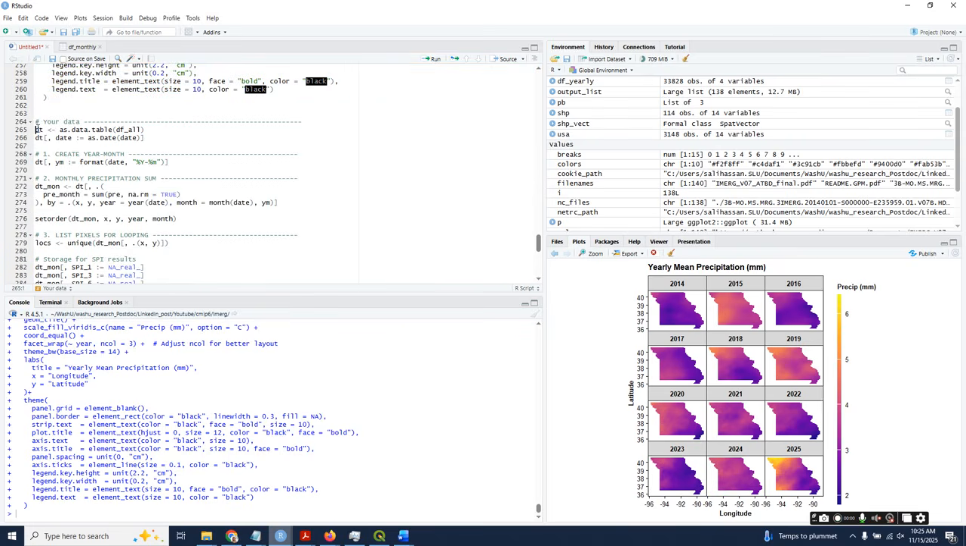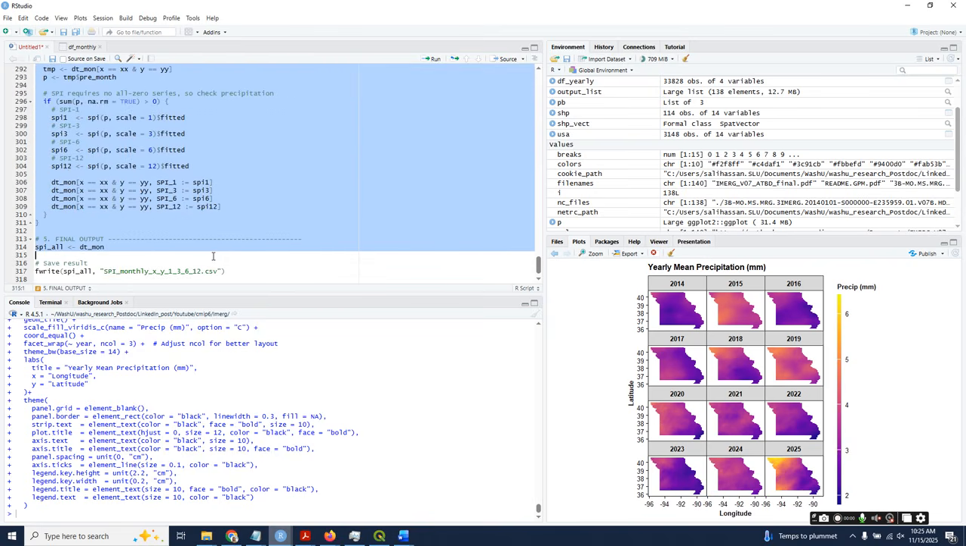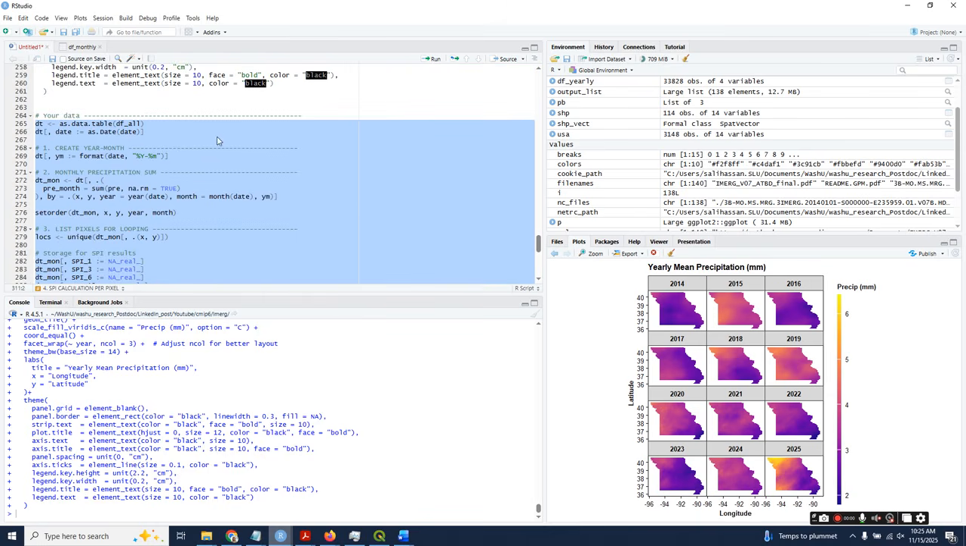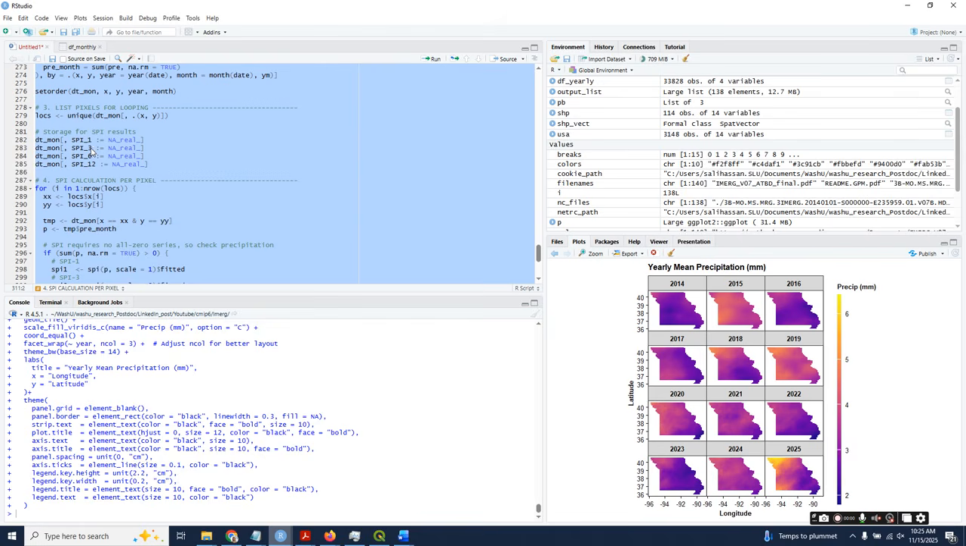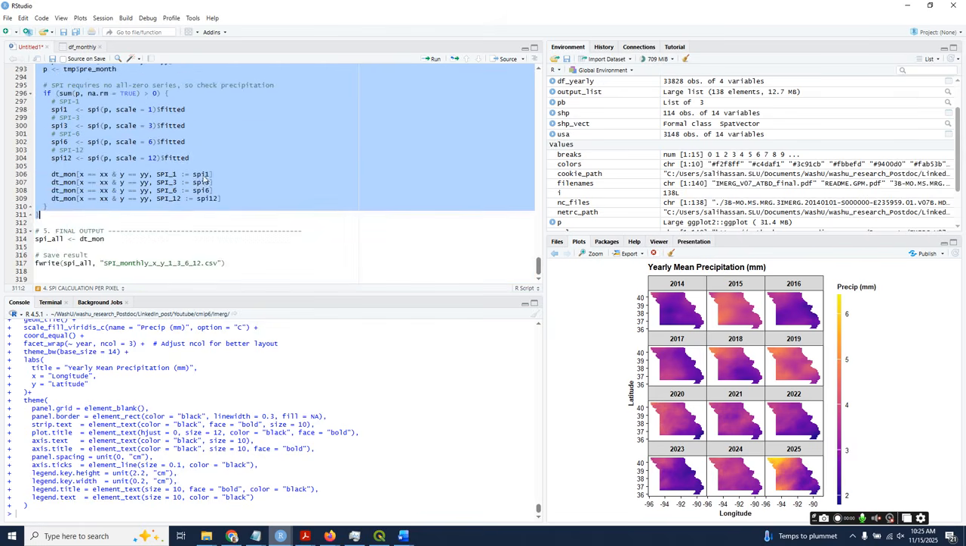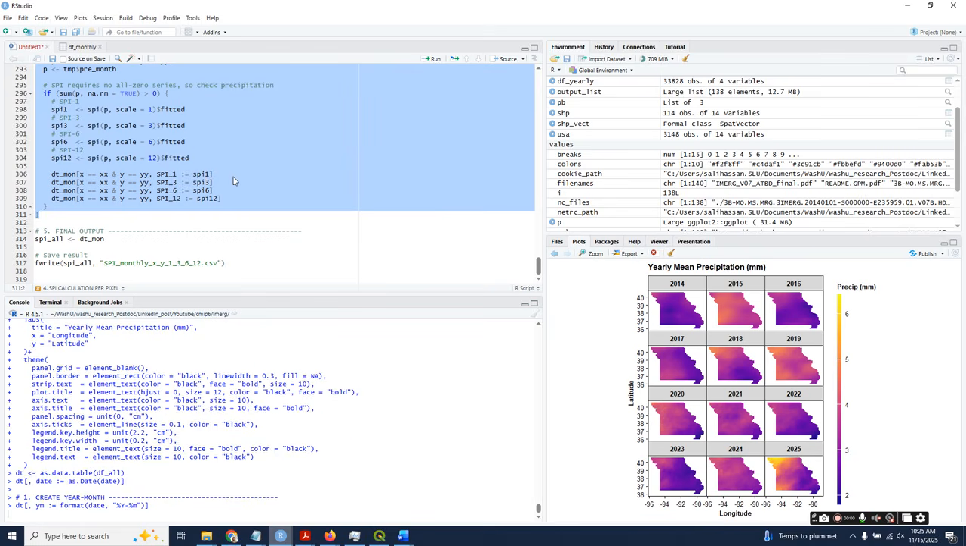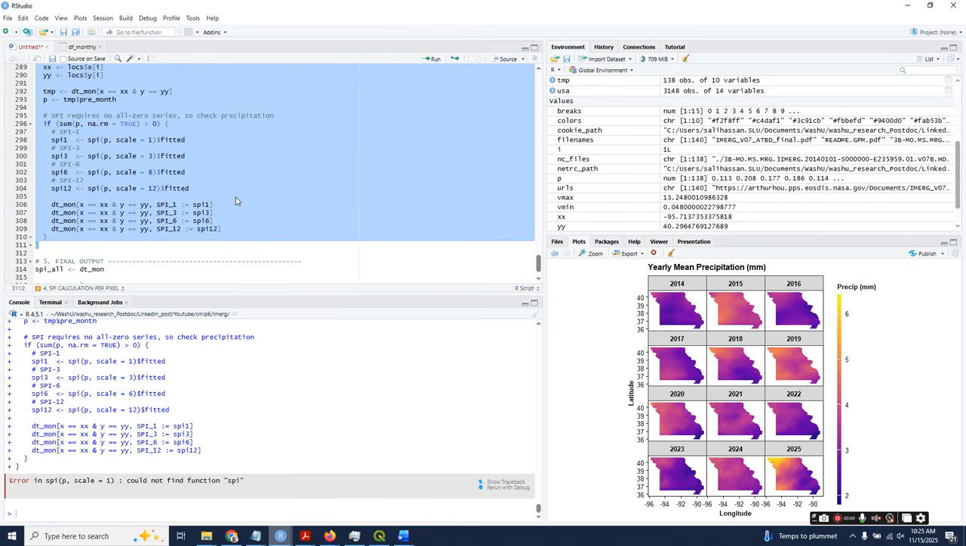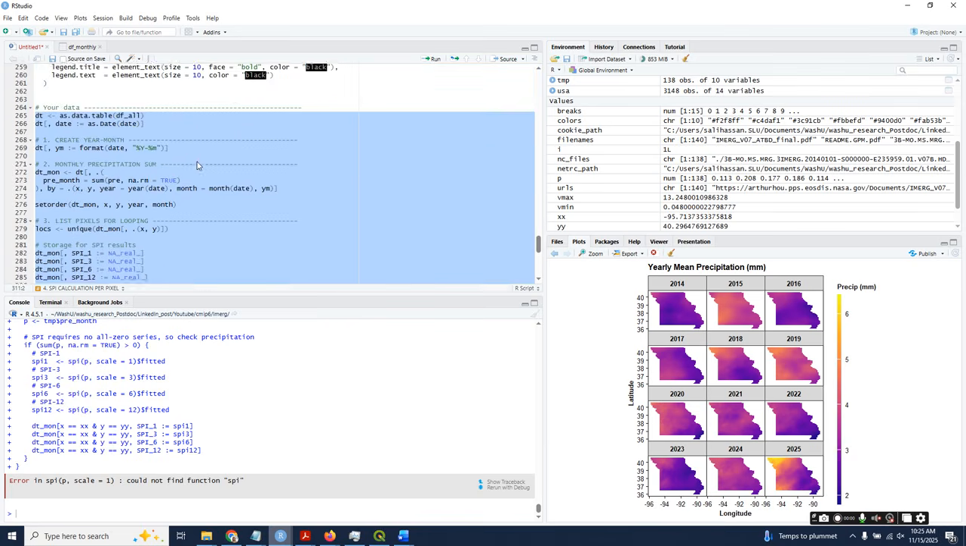So this is our data set, df all, convert into date, create year month. And now I am showing you how we can calculate the SPI1, 3, 6, 12 from the precipitation data. You don't need to change anything, just select it and drag it. Could not find function SPI, so